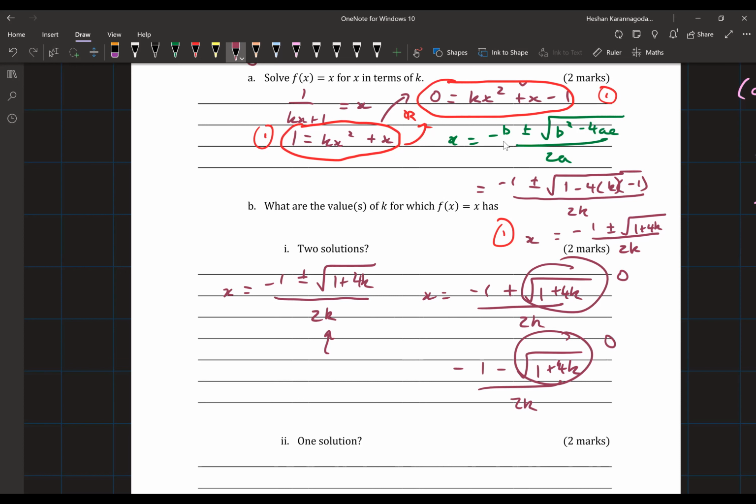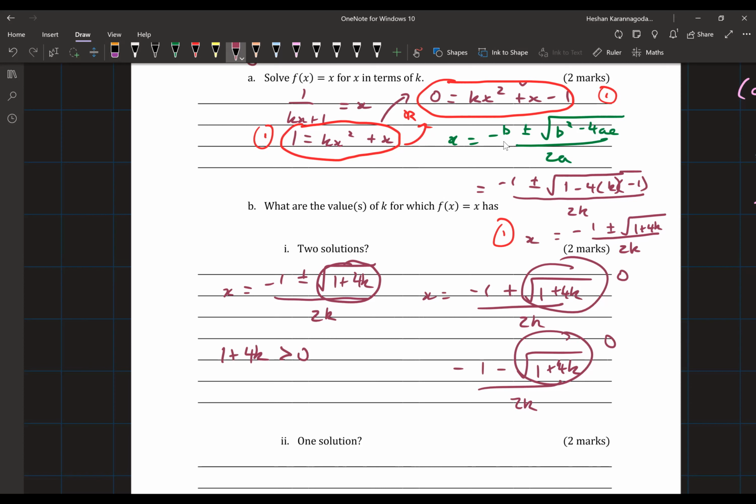So we have to think more algebraically about when two solutions are produced, when one solution is produced, and when none are produced. So the plus or minus and the square root is really what's determining whether we get two solutions, one, or 0. So in this case, we've got a square root. And if we want the square root to actually plus or minus a certain value, then we want 1 plus 4k to be greater than 0. Because what that would mean is that our square root value is positive. So we're actually plussing or minusing an actual number. So we're actually given two literal solutions.